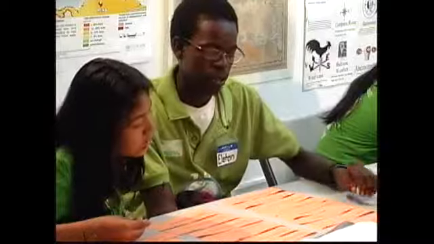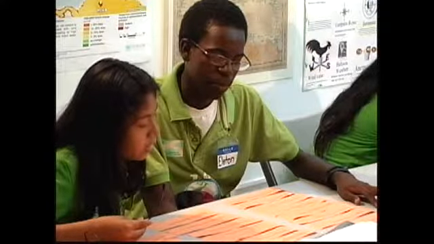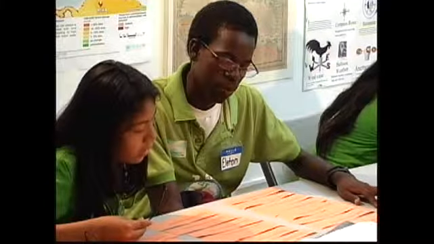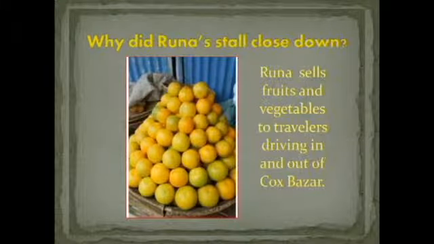Last week, Runa's stall was flooded for the second time. Runa's stall has had to close down. Last year, her harvest was spoiled by the heavy rain. Recent stormy weather had made it hard for cars and trucks to come into Cox's Bazar. Bad storms and rain had been damaging the road leading into Cox's Bazar. Sea level had risen as a result of global warming.